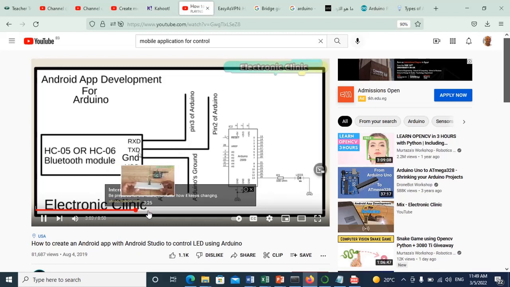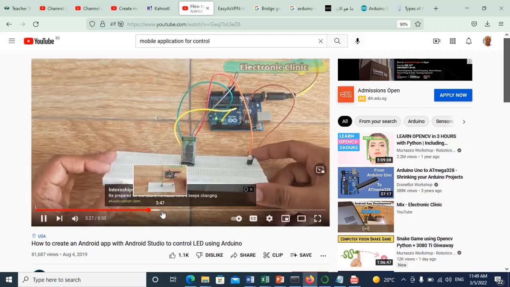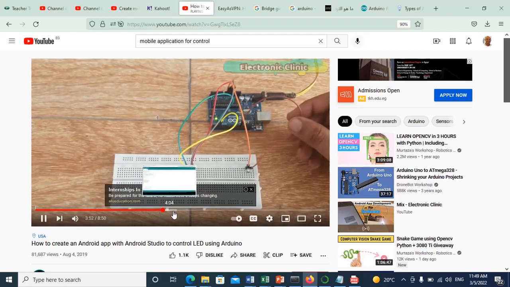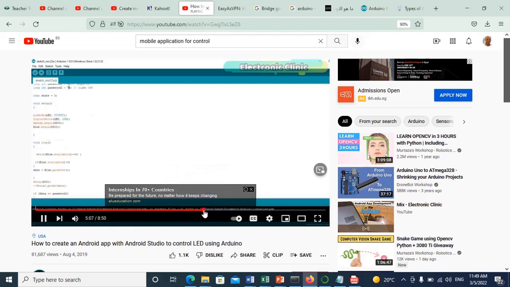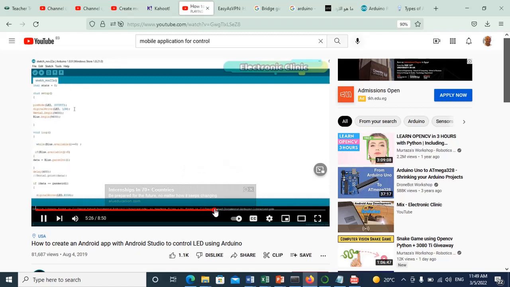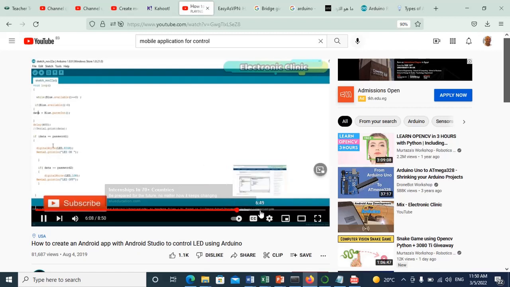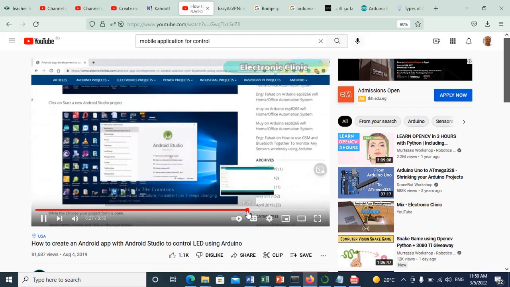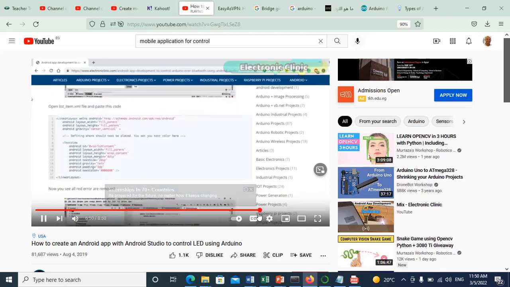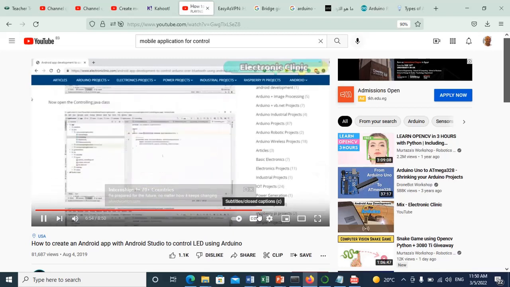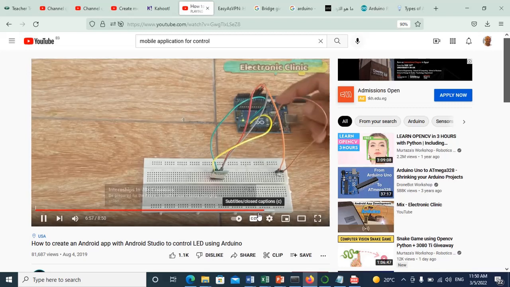The Bluetooth module TX and RX pins are connected to pins 12 and 13 of the Arduino. That's the reason I added the SoftwareSerial.h header file. I defined a serial variable that will be used to store the number. This LED can be replaced with a relay. To activate the serial communication from the Android cell phone application, the variable data is compared with password 1 and password 2. Due to tutorial time limitation, I explained all the designing steps and programming in an article which is available. Generate the APK file. I have already installed the app. Now let's watch this project in action. As you can see, the Arduino is already powered up. I'm using a 12 volt adapter. As you can see,